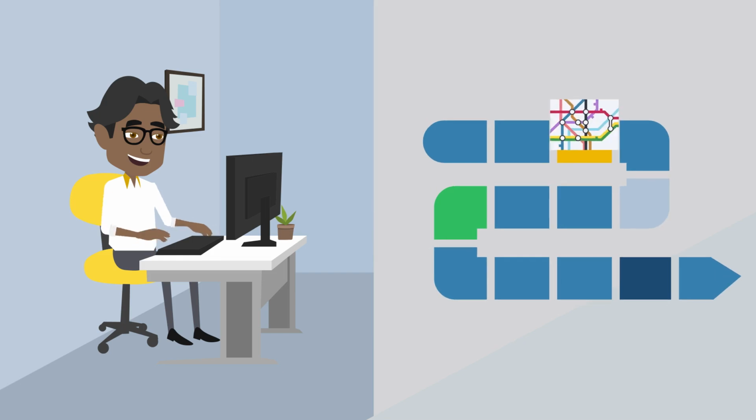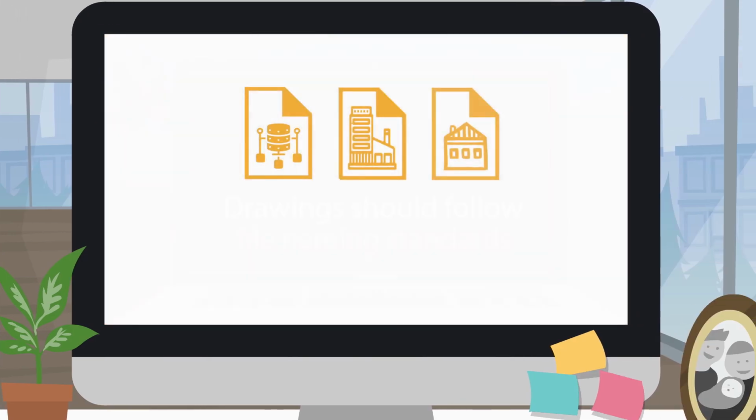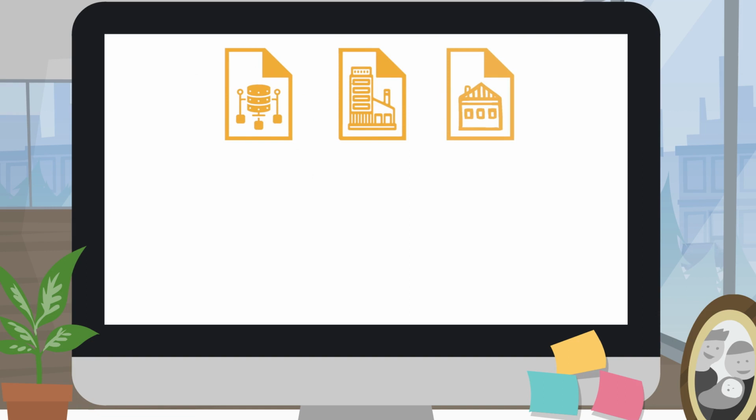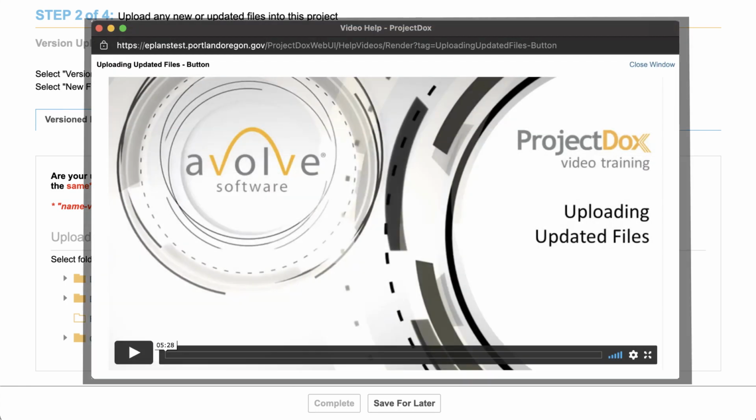Once all plans have been updated and all comments captured, the updated file should be uploaded into Project Docs. Back on the e-form, follow the instructions for Step 2. Before uploading, please remember to use the file naming standards you learned about in the earlier training video to ensure version control. In case you forget to name your files correctly, the eForm has built-in version control. You can select yes if your files are named correctly and ready for upload, or no if you need assistance with version control. Please click Learn How in the eForm for detailed instructions on how to use the version control